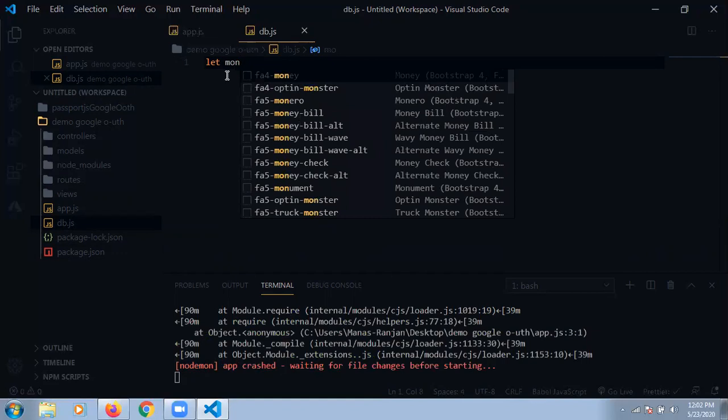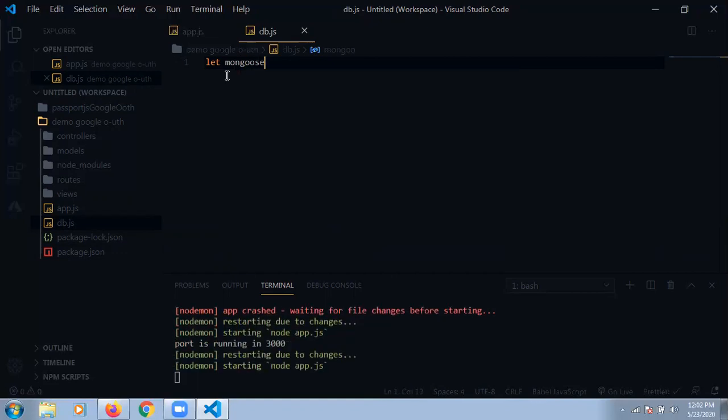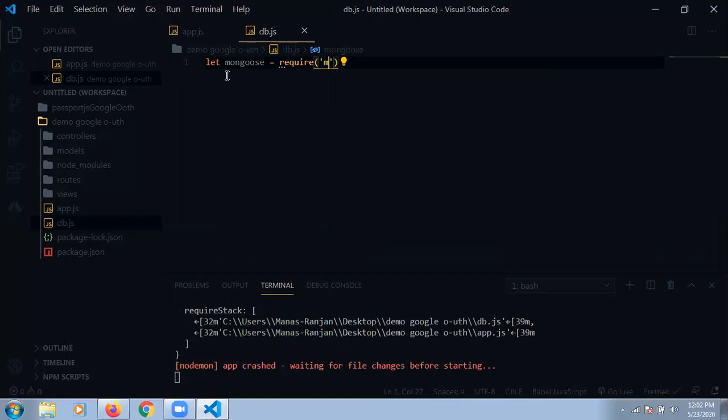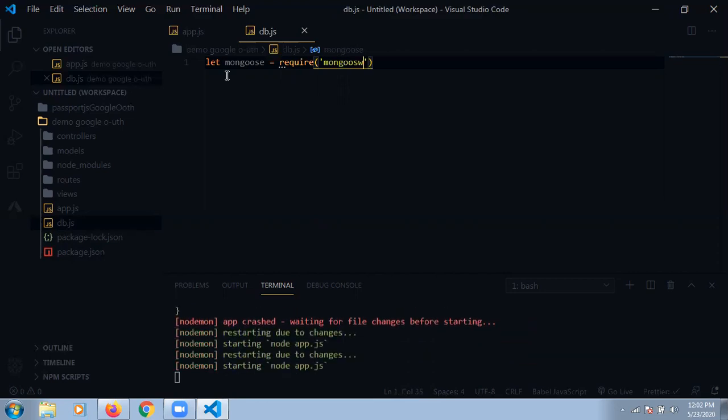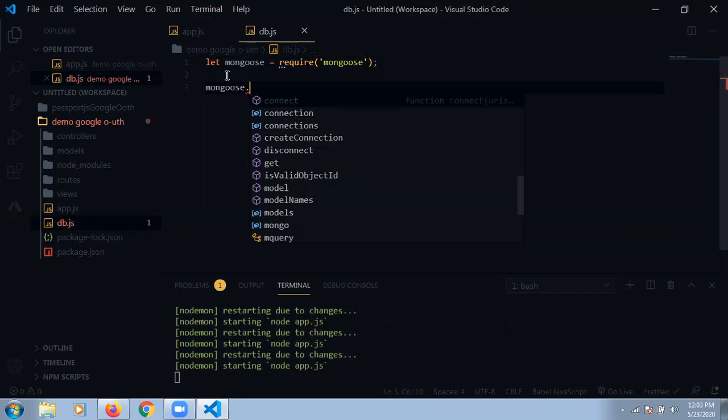We have to write some commands, like we are requiring the mongoose package. First of all, let mongoose is equal to require mongoose, and mongoose.connect.